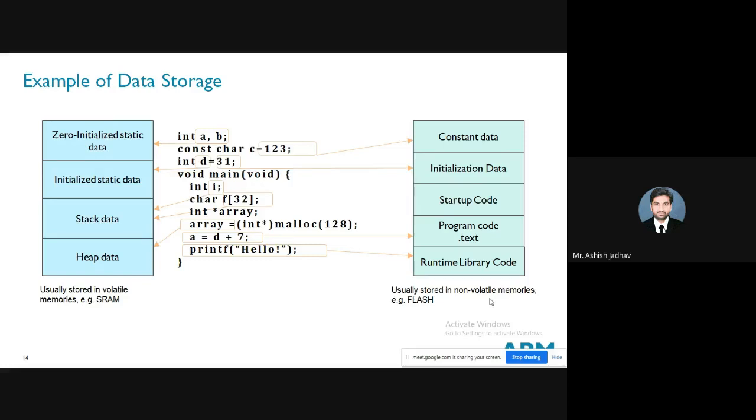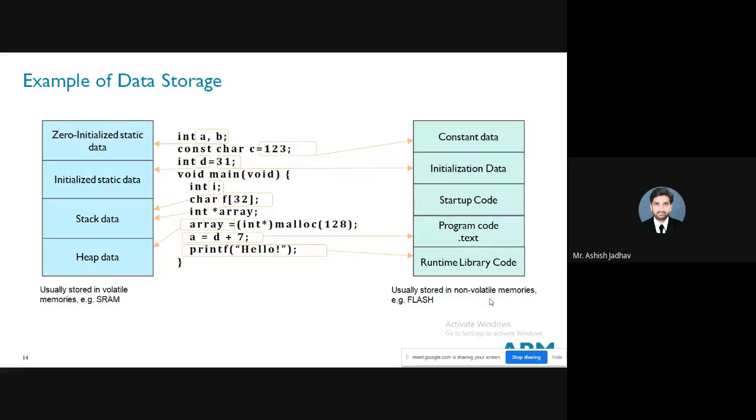Then you have a character f into bracket 32, right? So this 32 indicates static data, so it will go to static data. Then you have an array. We know that the components of an array are addressed by index positions, so the array will go to heap data. Every time it will be incremented by index position. Suppose the first position is stored in some heap data. If you address the next indexed location, it will be incremented by 1, and the appropriate value of that array will be stored in heap data.